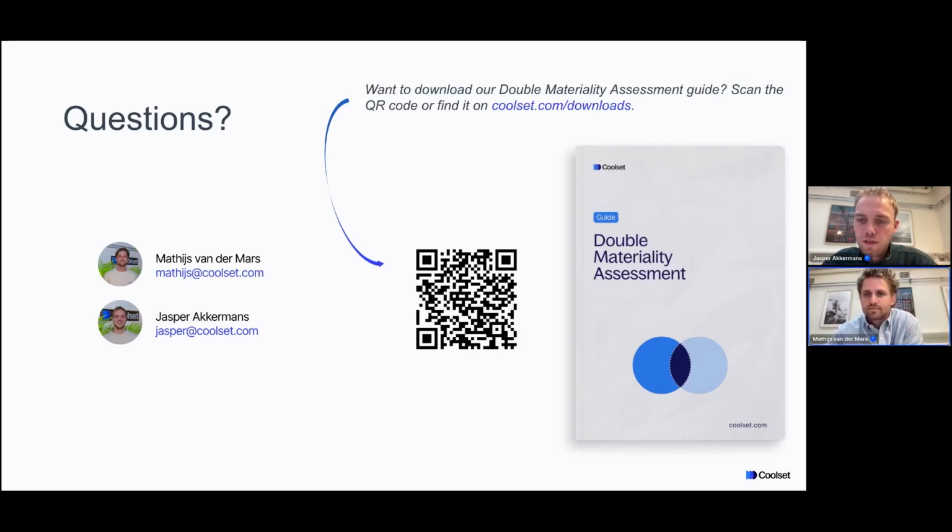I think it might relate to the first question. So you can have different thresholds for different topics or subtopics. Wouldn't this then result in a weird matrix, as you would rate topic X with A thresholds, but topic Y with B thresholds? Yes, it's true. So ideally you would stick with one type of threshold, but within financial thresholds, for example, you don't always have to say, well, I only look at 1% of equity, or I only look at 5% of pre-tax income. You can switch between those. It is good then to note where you switch and where you argue this, because as the IFRAG notes, there is no one way to do the double materiality assessment. It's up to the discretion of the company.